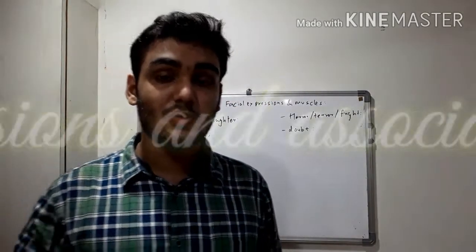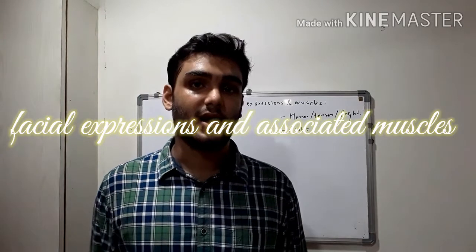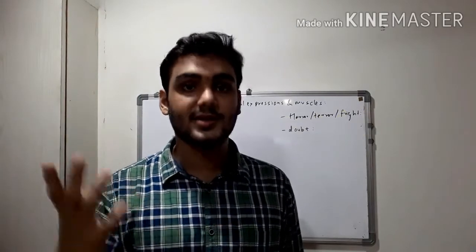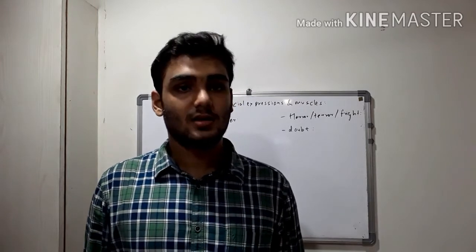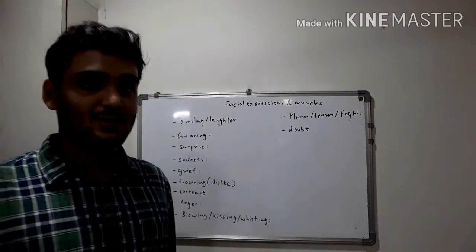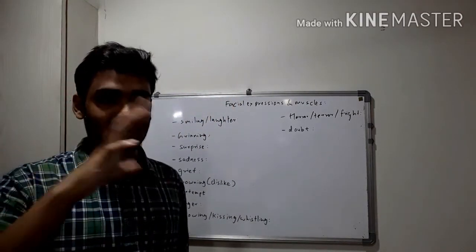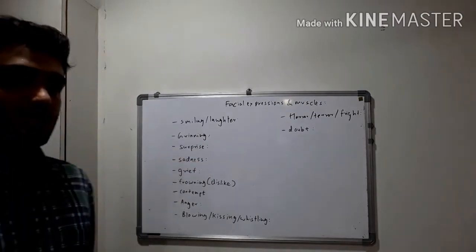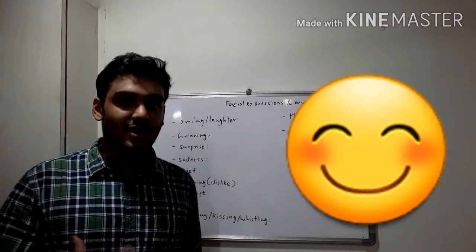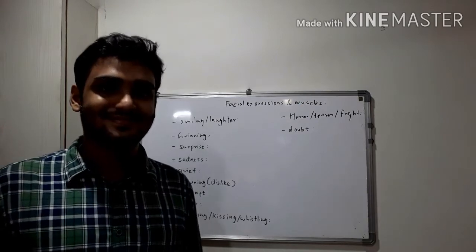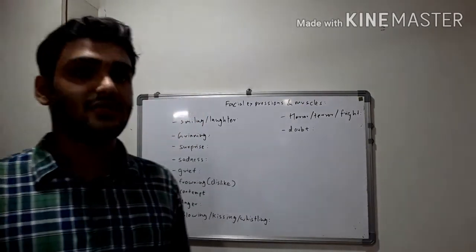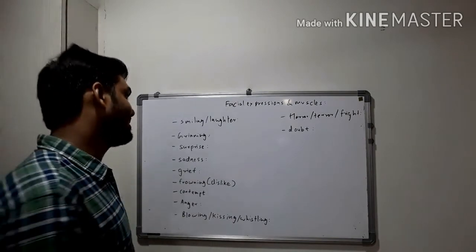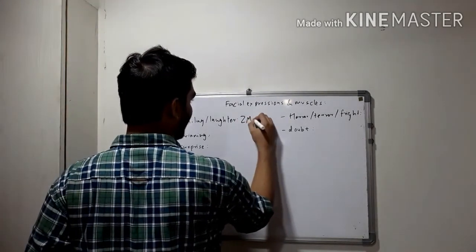So friends, we convey our emotions through facial expressions, right? And the muscles of face, which we studied just now, are involved in the production of these facial expressions. And now we shall learn the muscles pertaining to various expressions of face. So beginning with the expression of smile or laughter. In smiling, the angle of mouth is driven laterally, right? So that is the function of zygomaticus major. So zygomaticus major is the muscle of smiling or laughter.